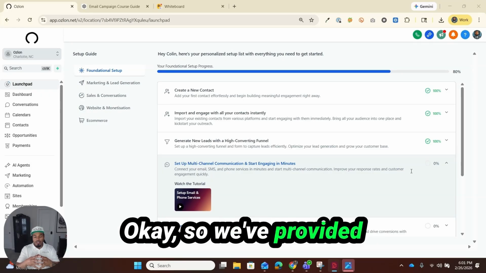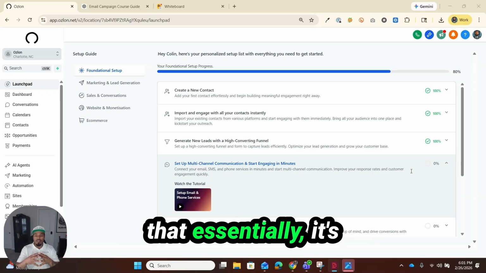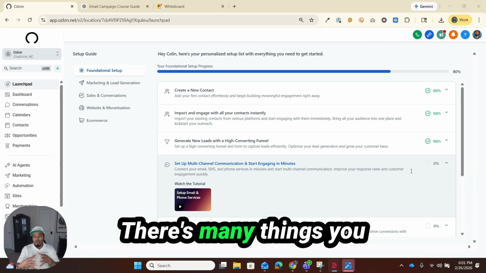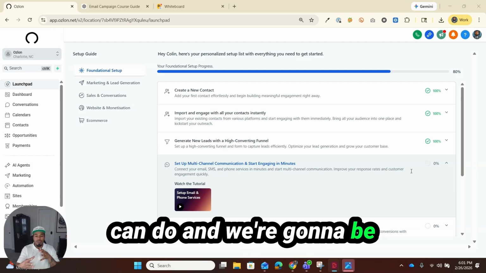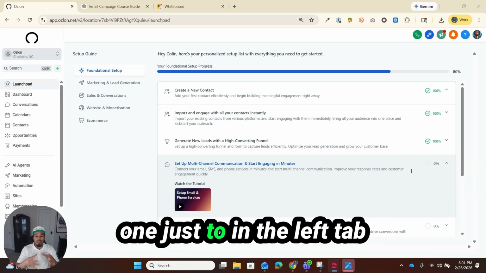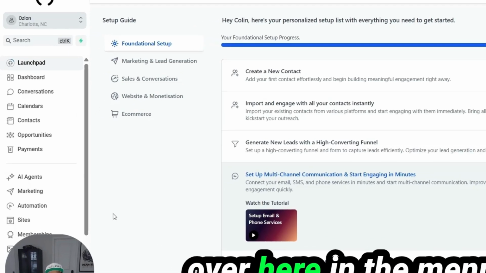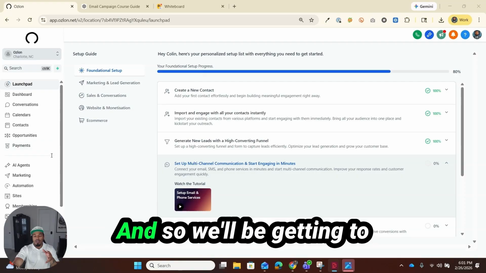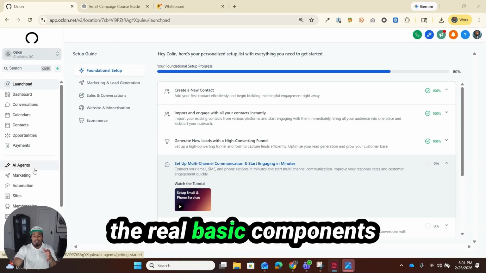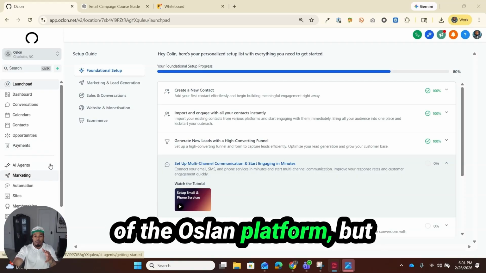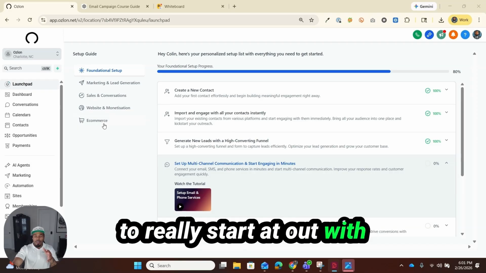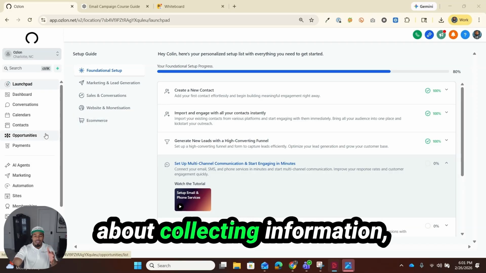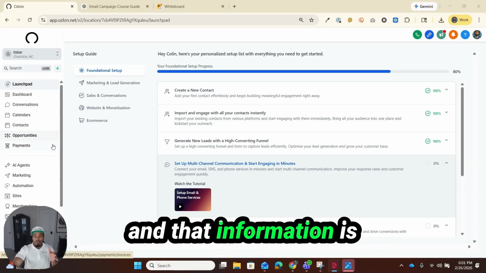So we provided this launchpad system that's almost like a checklist. There's many things you can do, and we're going to be clicking on individual ones in the left tab over here in the menu section that are extremely relatable. I don't believe everything is relatable in this course, so we'll be getting to the real basic components of the Ozlon platform. But to really start out with everything, this platform is all about collecting information, and that information